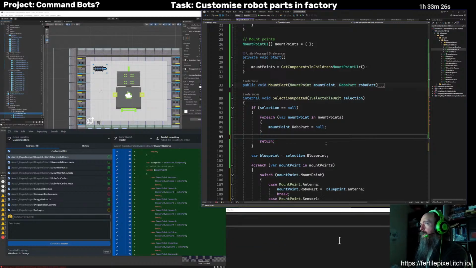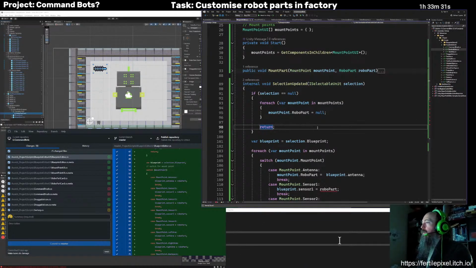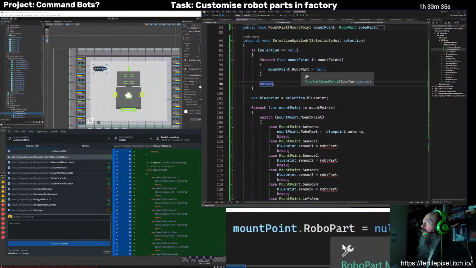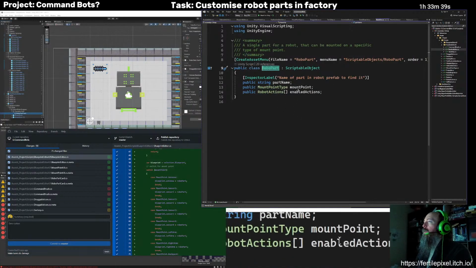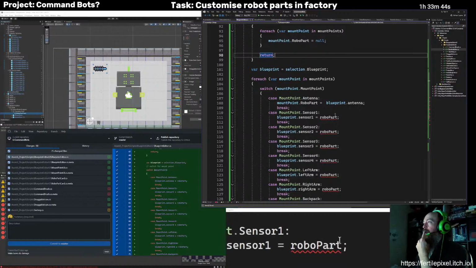Yeah, that's clearing everything. So what is that? Is a RoboPart, which is the scriptable object with the name, etc. So yeah, we don't have that.